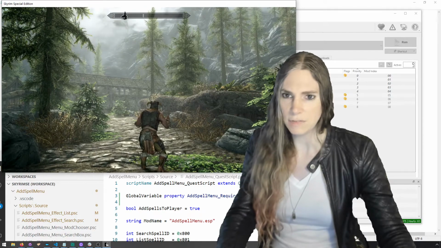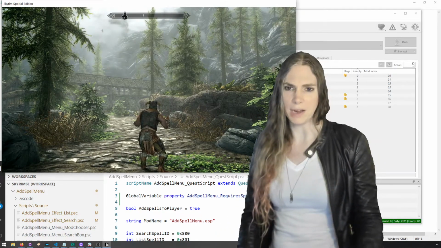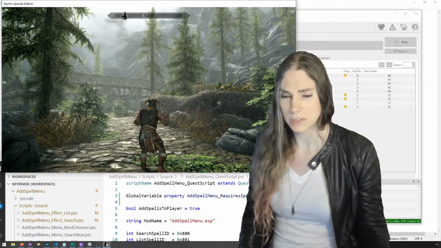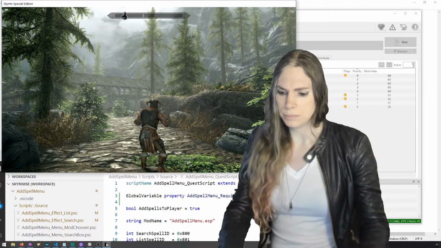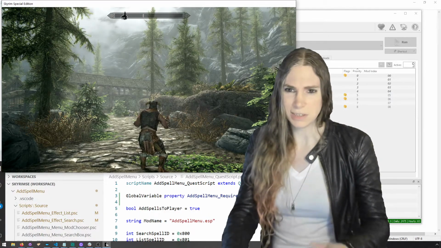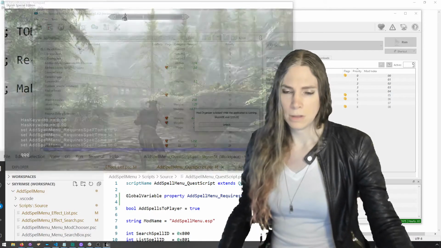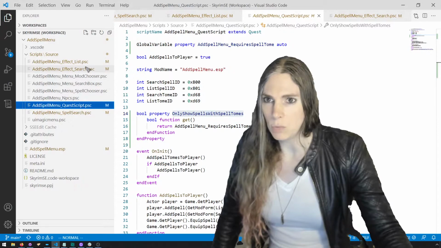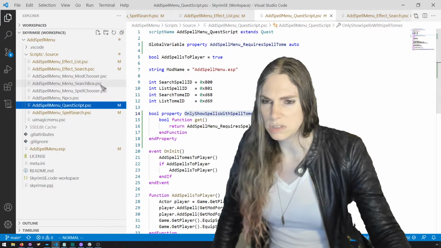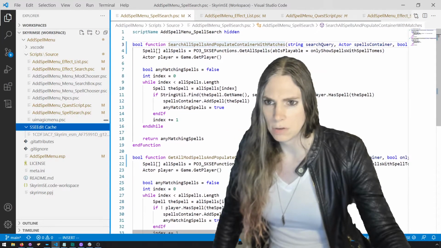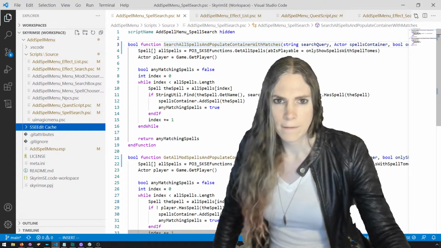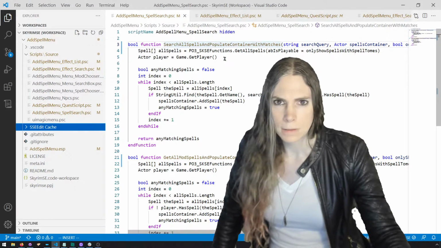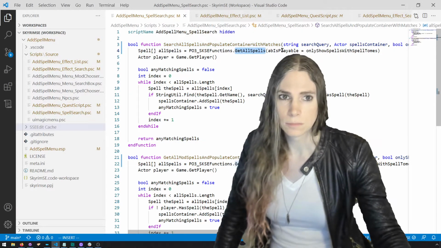Kind of want to see if I'm sure some of those we could add to our player, and they'll just add a cloaking effect or something immediately. Potentially, depends on conditions. So let's actually update this and make one change so that it's a little bit more user friendly, and we'll say that when you are searching in the search script for all spells,